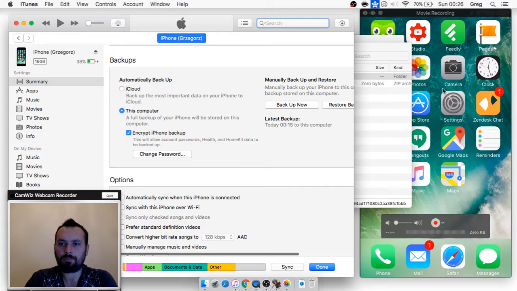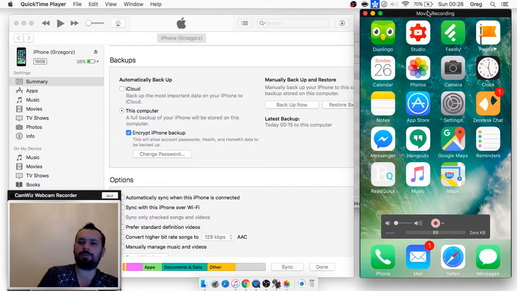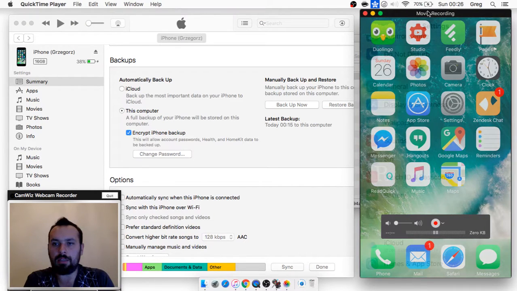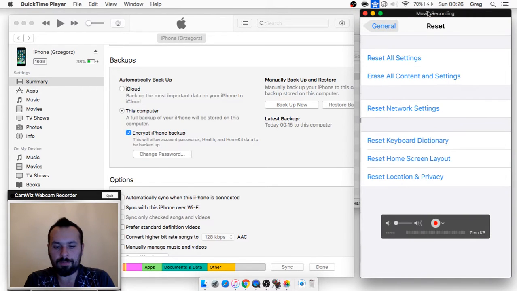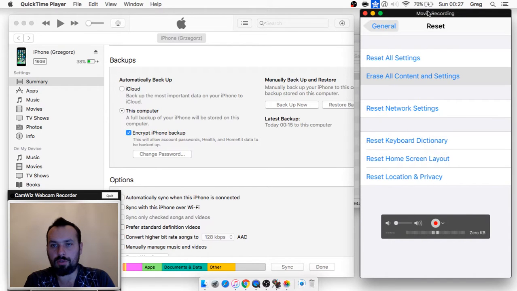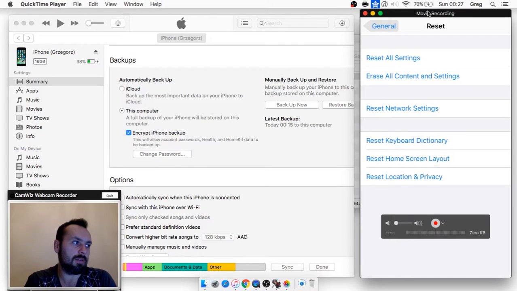So let's use this third option. Let's go to settings and do it on the iPhone. So settings, general, reset, and let's check this option, erase all content and settings. Reset all settings will just clear the settings, but we want to delete everything. So